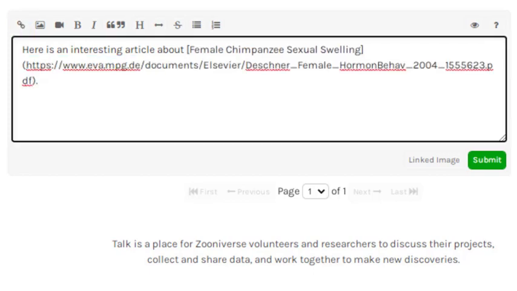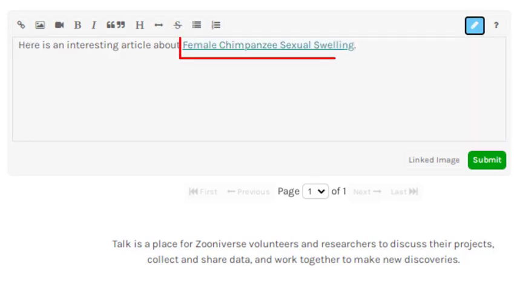Let's link to an interesting article on chimpanzee female sexual swelling. When you preview the message, you'll see that the text you selected is now an active hyperlink.